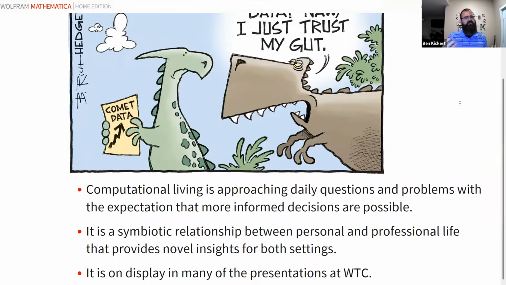Computational living is also about that symbiotic relationship between personal and professional lives, where we find that novel insights are provided both from our personal lives and the things that we are passionate about, and those can inform our coding and our analytics and the work that we do, and vice versa, the things that we do in the office can also be applied to our personal lives.